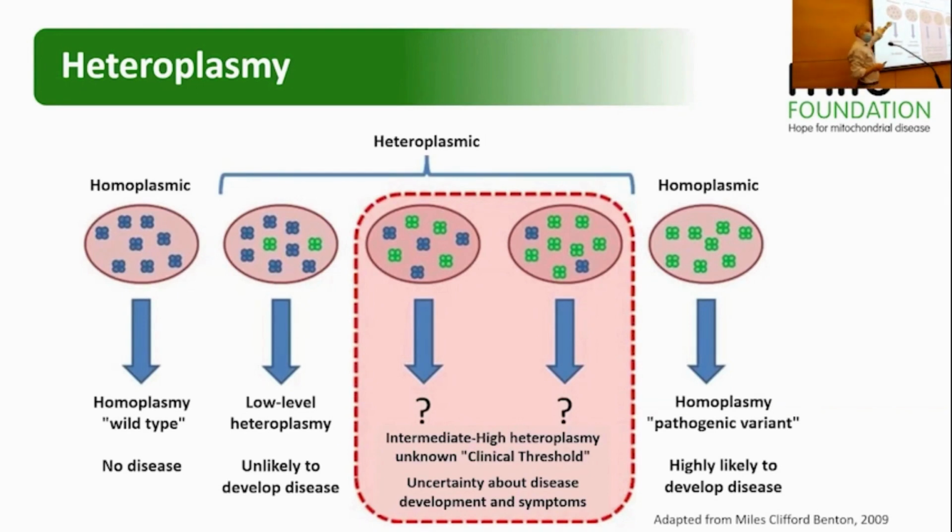In eggs, there might be 200,000 to 500,000 copies of the mitochondrial DNA. In most cells, it's more like about 2,000 copies maybe. And so, as Emma said, it's not 0, 1, or 2 copies of the gene that are functioning or not functioning. It could be 0%, 5%, 20%, 70%, or 100% of the mitochondrial DNA that's changed.